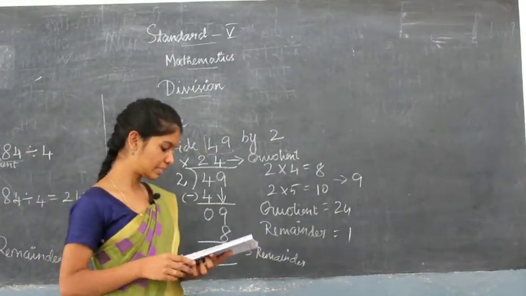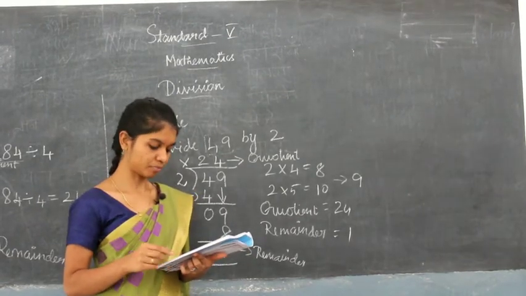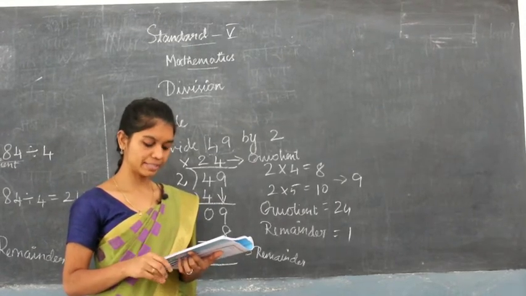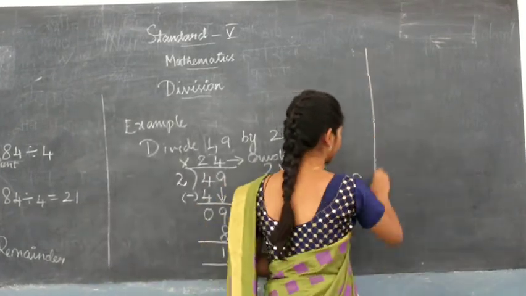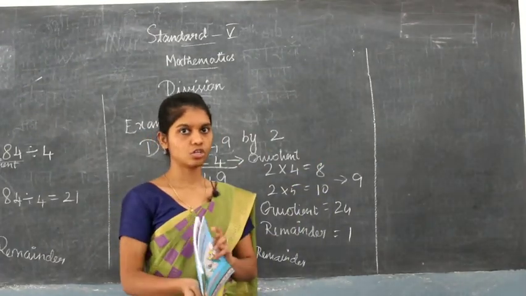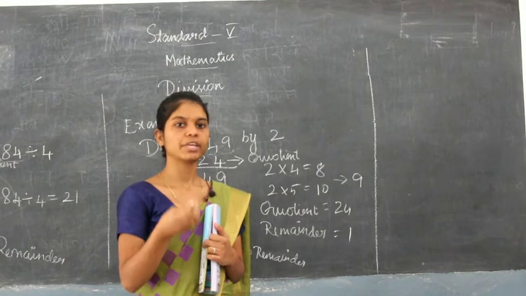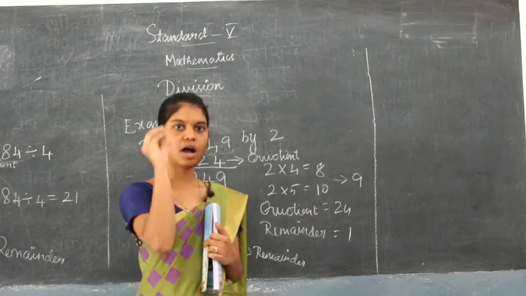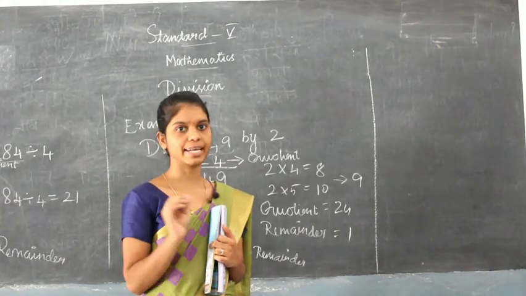Okay, what they are telling is, Srinivasa has a chocolate box having 32 pieces. He wants to share it equally among his 8 friends. How many pieces will each friend get? So, you know that division is sharing of things equally, right? If you have 4 chocolates and you have to share it with your brother or sister, you will give 1 chocolate to you, 1 chocolate to them, 1 to you, 1 to them. So, you will get 2 and your brother or sister will get 2. So 2 each, that is what division is, sharing equally.